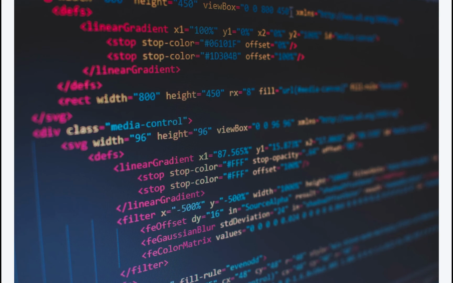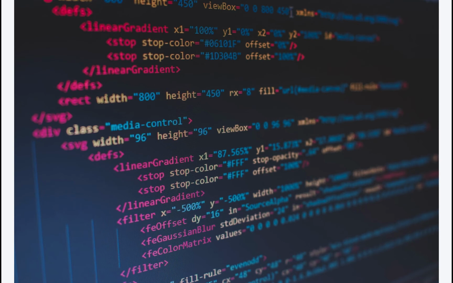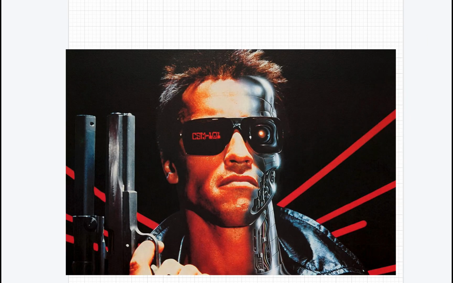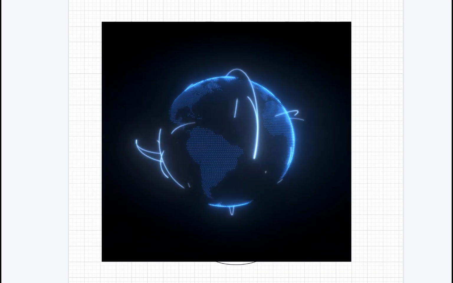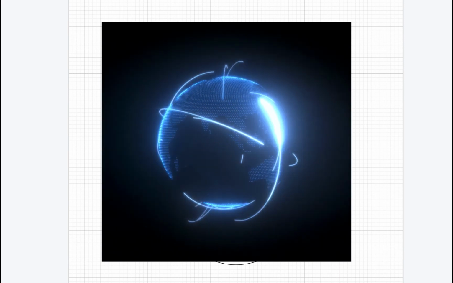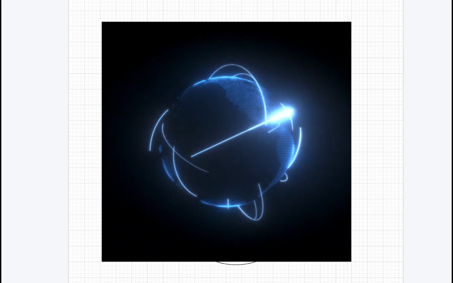But just before we jump into technical stuff like syntax and languages, it is important to understand that it is based on something called XML. If you understand the concept of XML and how to write XML, you will easily understand how HTML works. So, XML stands for Extensible Markup Language. XML was designed to be both human and machine readable. XML was designed to store and transport data. And that is the most important part you have to understand. It means that XML is a way to move data around the internet between servers and clients and more servers.